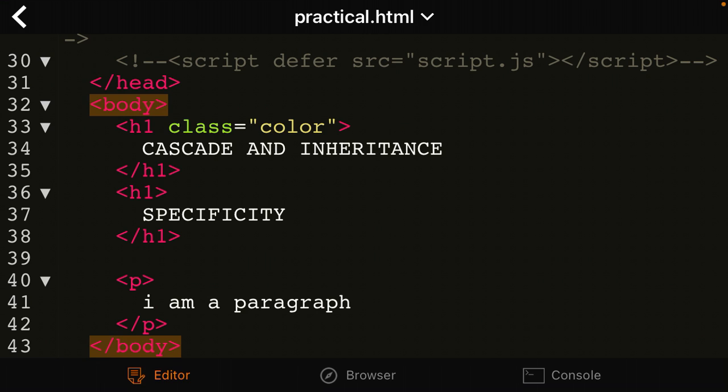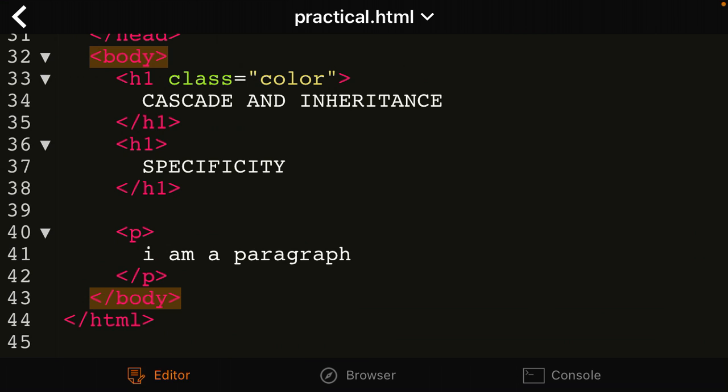Okay, now that we understand specificity, cascade and inheritance, we move on to know how to control this stuff. First of all, we start with tackling or controlling inheritance. Controlling inheritance is just a way to avoid this stuff that we are seeing over here. Maybe I didn't actually want my paragraph element to be in the color